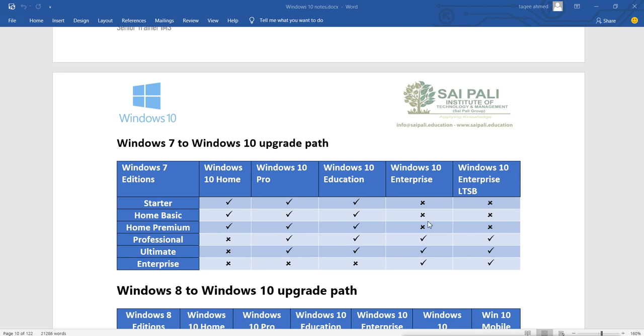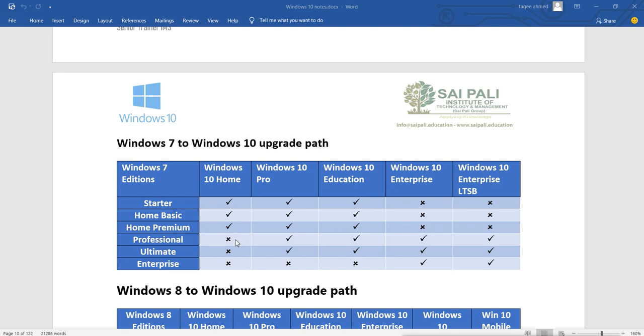Now if you are using Windows 7 Professional, then you cannot go to Windows 10 Home Edition. It is like going backward, and backward is not supported. Remember, backward is not supported.